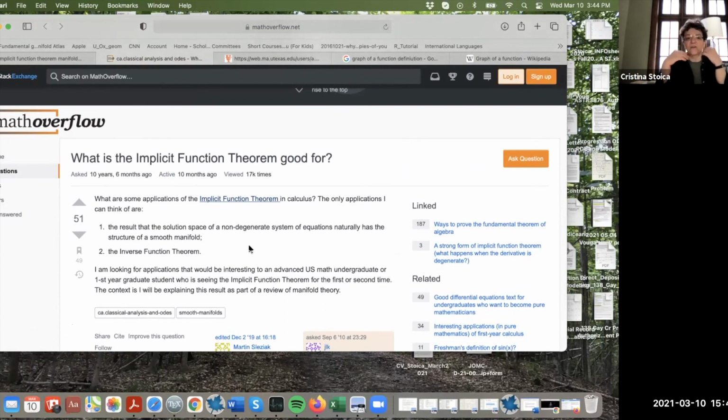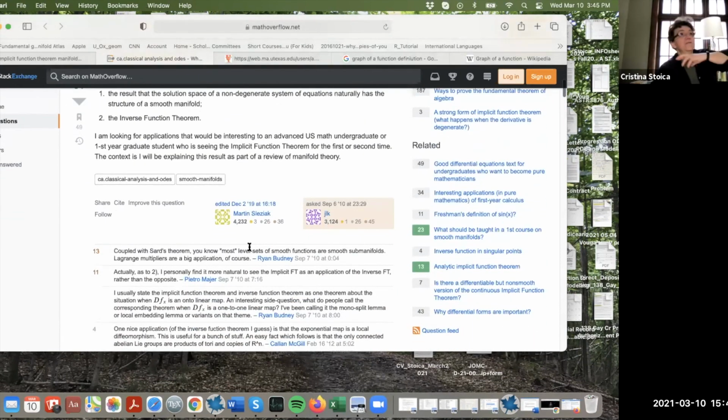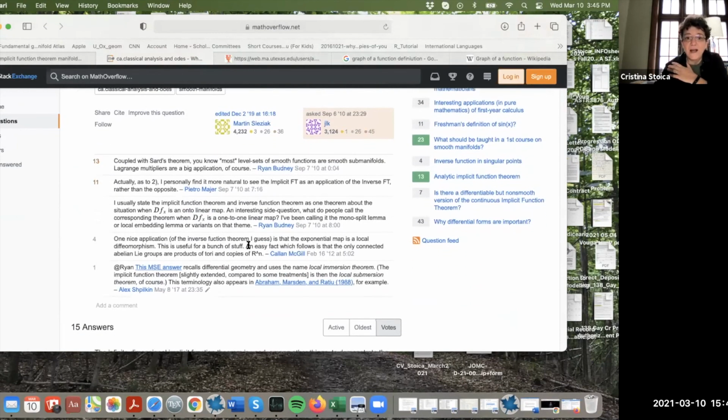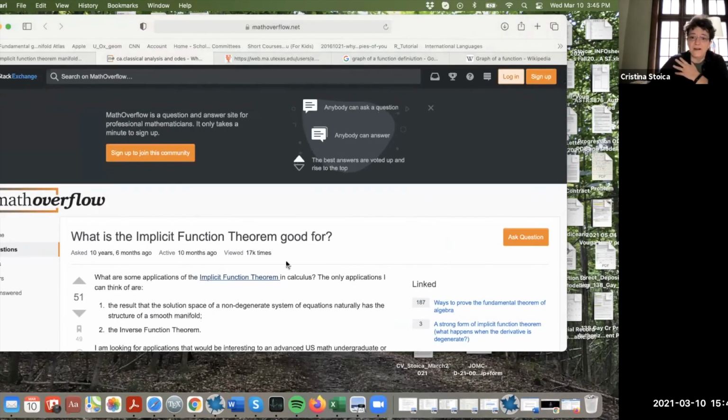It's one of the fundamental results in math, and it starts slowly, like you do it in calculus 3. It's based on the inverse function theorem in 1D, which is done in calculus 1. So things evolve, but then you get into this carousel of applications, so many things. So I'll put this link there,